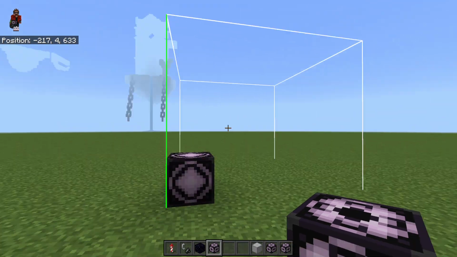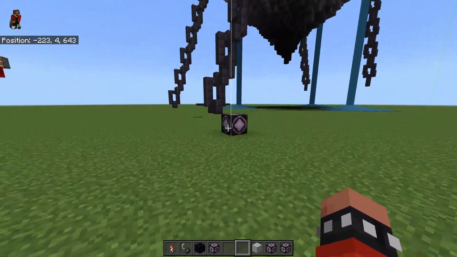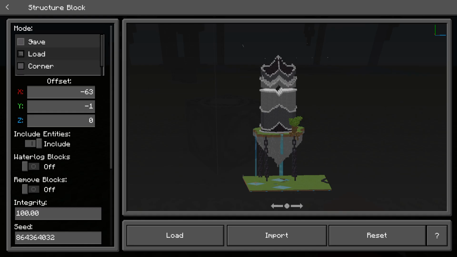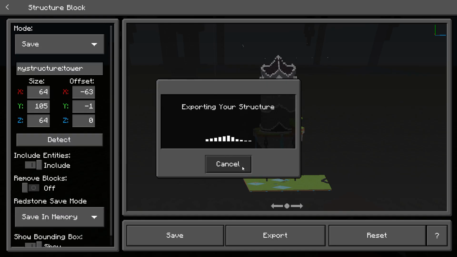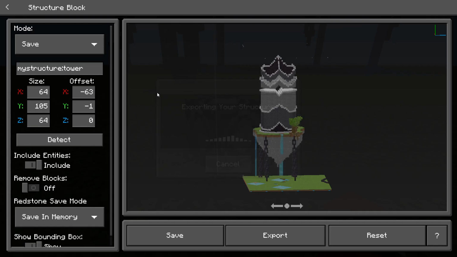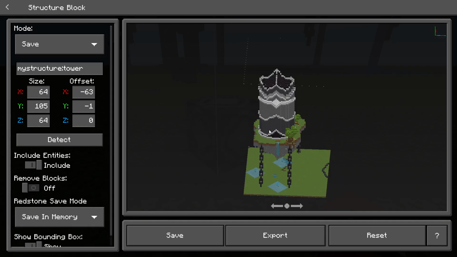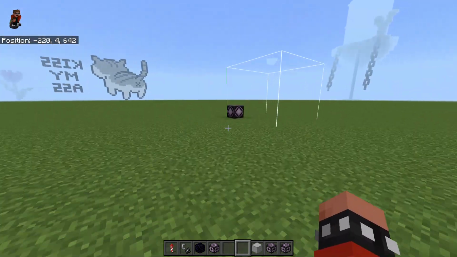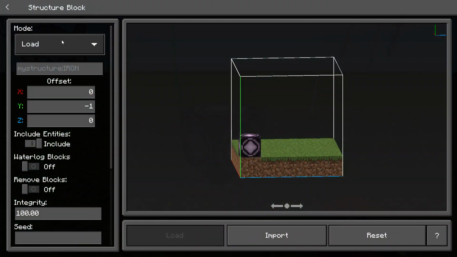But if you want to, like for this tower, I can save it, I can export it to my desktop. For instance, instead of exporting it because I already have this, let's go to this one over here, and we say load,